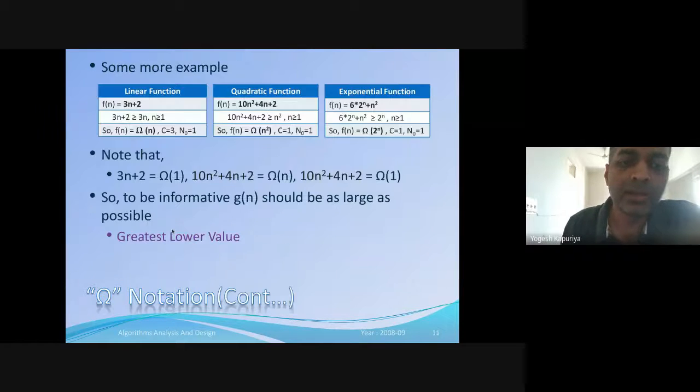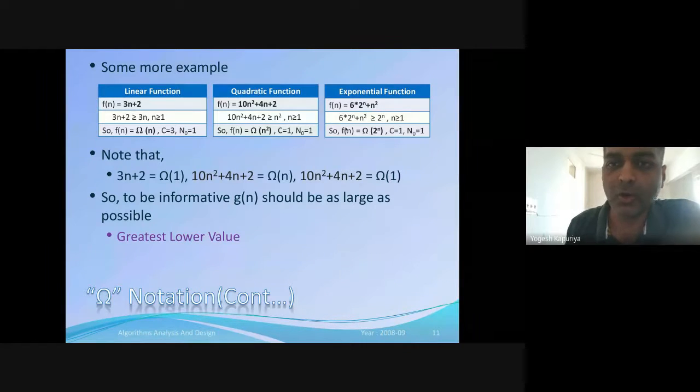Similarly, here you are interested in greatest lower value. So I want to compute the greatest lower value of 5, then it has to be 4 if I consider integer numbers. Otherwise, 3 is also less than 5, 2 is also less than 5. So I hope you understood this, and you should always keep this in mind when you are computing big omega notation for any given equation.